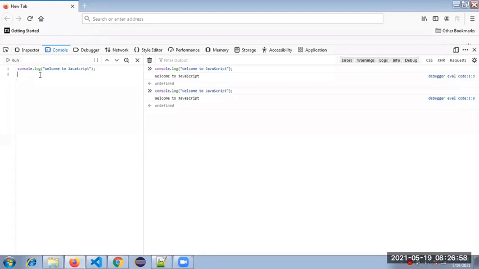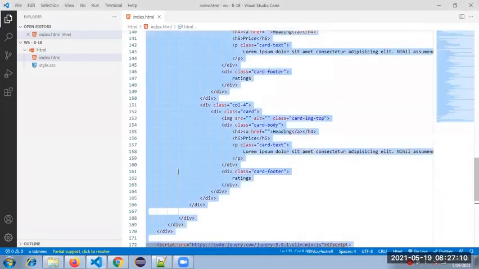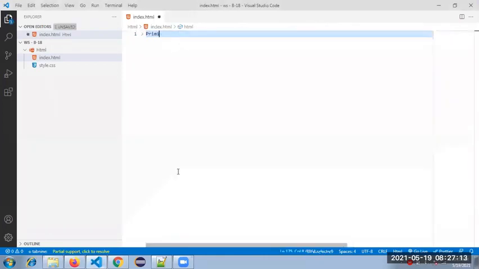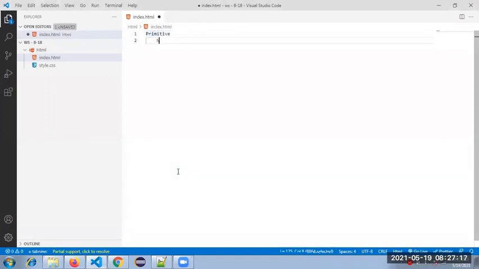We will see one by one. In primitive we have some categories: number, bigint, boolean, and string.